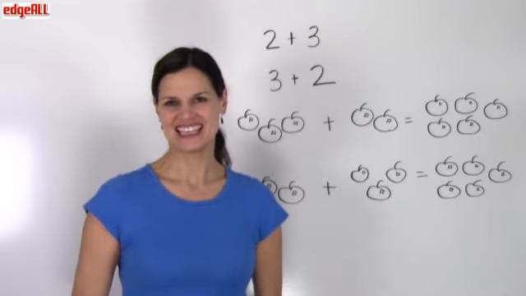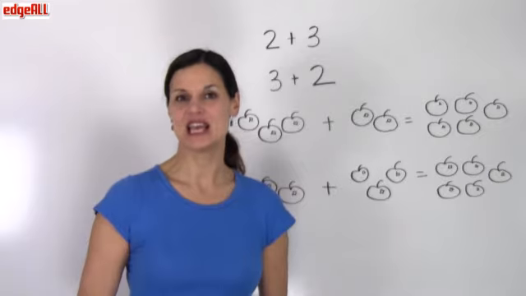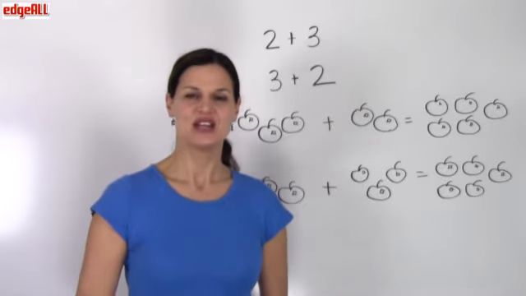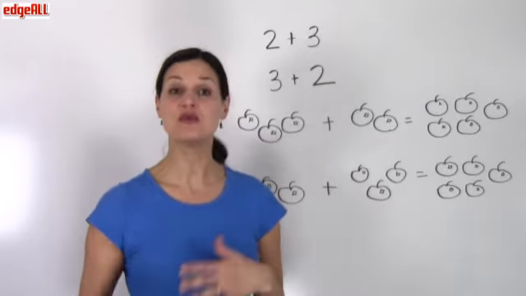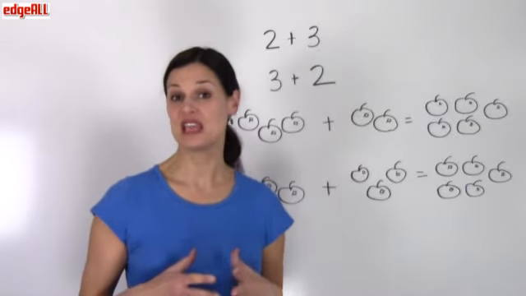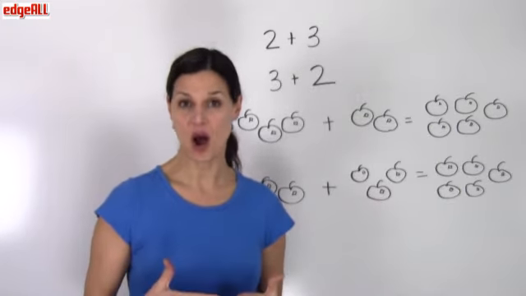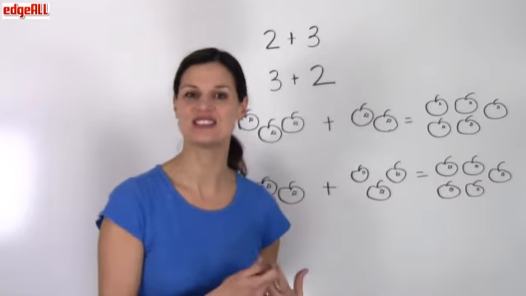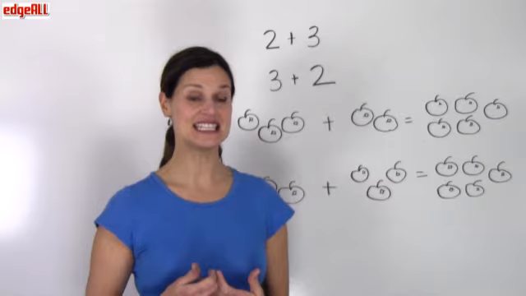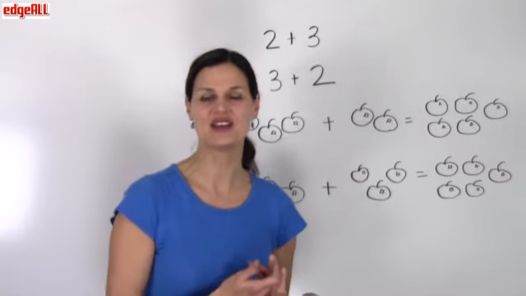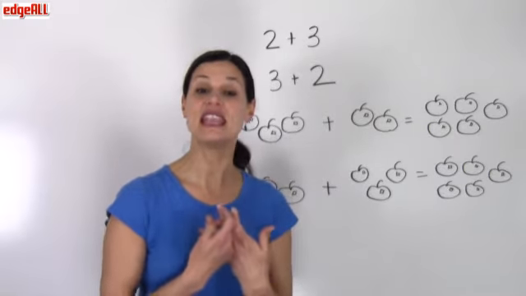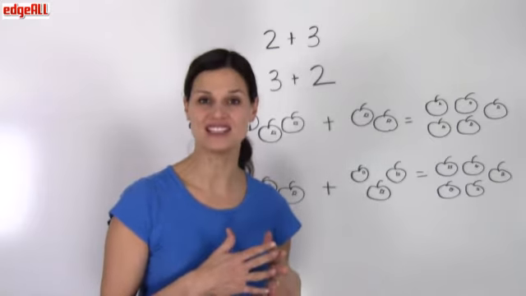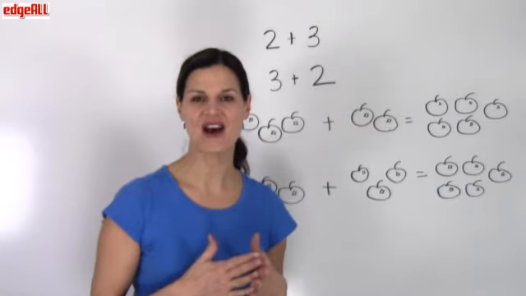What does it mean that addition is commutative? To commute means to move around. When people drive from their home to work, they call that their commute. When we say that addition is commutative, we mean that the numbers can move around in any order without affecting